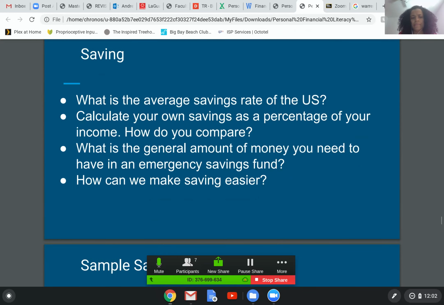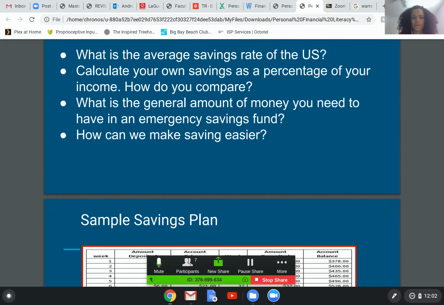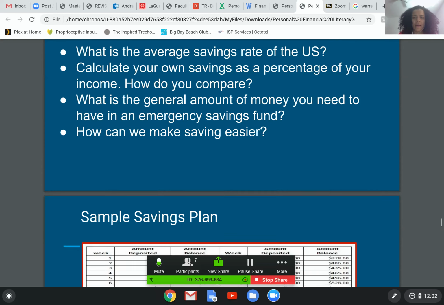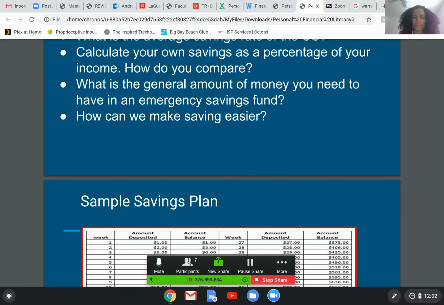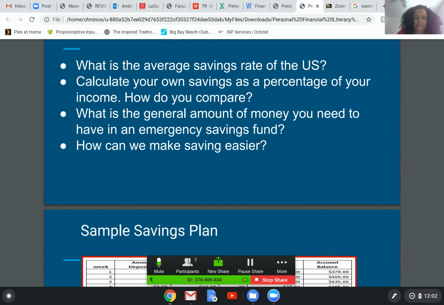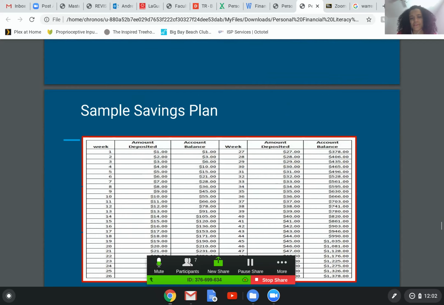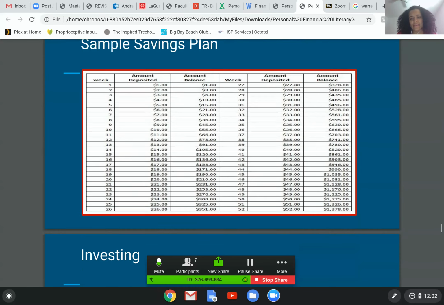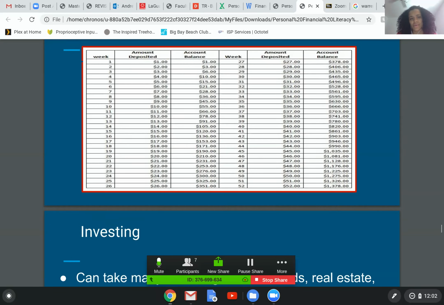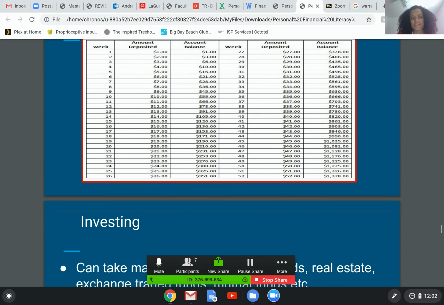Okay. I won't go into average savings rate and all of that. I'll just say broadly that we don't save, as you can tell by the 14 trillion of debt. In the US, we don't save that much. I'll flash this savings plan again that I gave in the first class: week one, $1, week two, $2. It seems a little bit corny. When I first saw it, I was like, oh yeah, whatever. But then I saw at the end that you have $1,400 by the time the year is through.